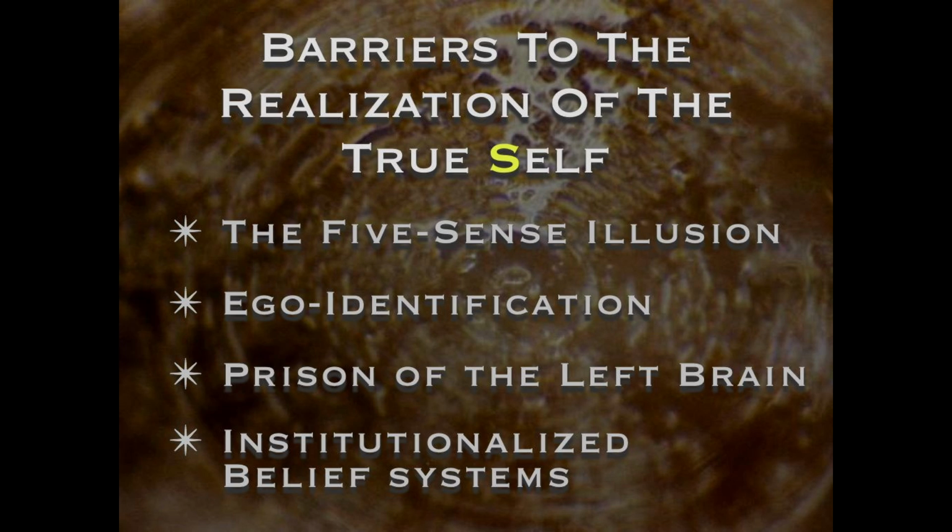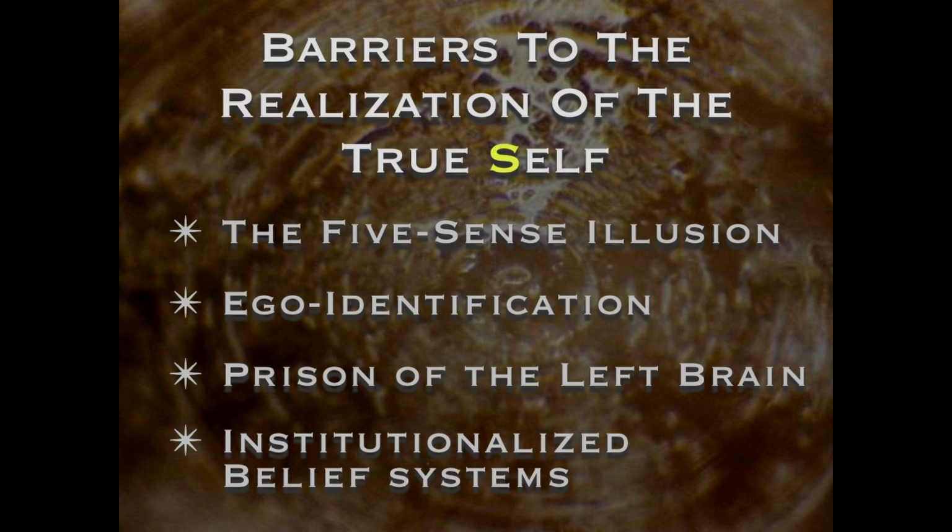So I'm going to recap now the barriers to the realization of the true self, and then I'll briefly recap the first one. Then we'll get into number 2. Along the lines of discussing the second barrier to realization, I have a guest in studio with me today, Mr. Walter Rhodes, who I'll be bringing on shortly to further flesh out and discuss the concept of ego identification and attachment, which is one of these barriers to self-realization.